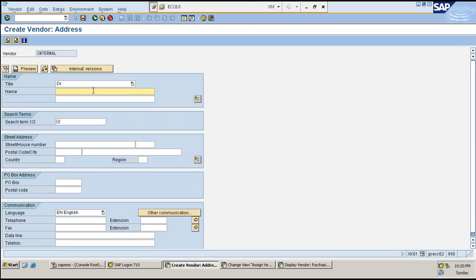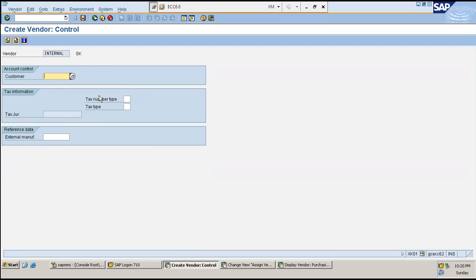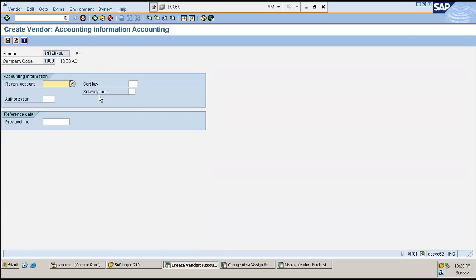CPD has an internal number range. 02 is the number range associated with it. What's going to happen is, I'll create a vendor and show you how it behaves in the other one also. See, it's not even asking for a country code and all those details. You see, there are many details.